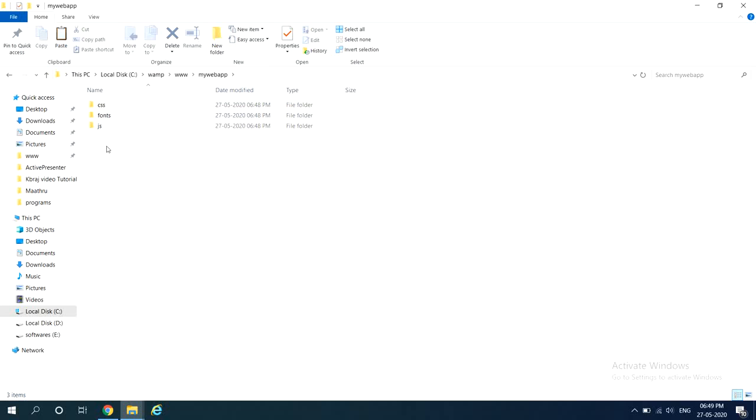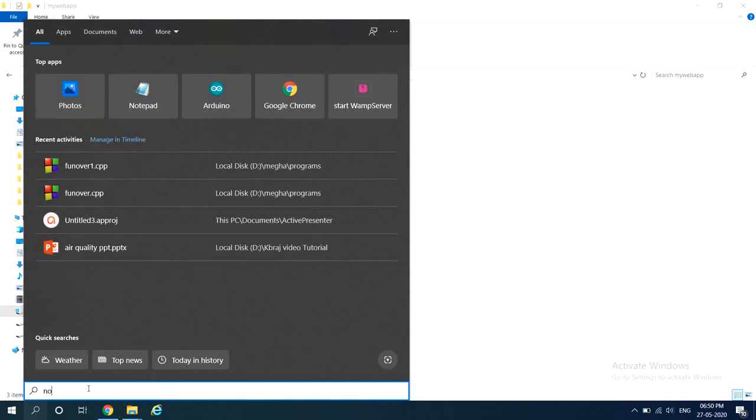Now let us try to write simple programming including HTML, and let us learn how to create a simple Bootstrap page. Okay, so let us learn how to create a simple nav bar. Now use the editor Notepad++.